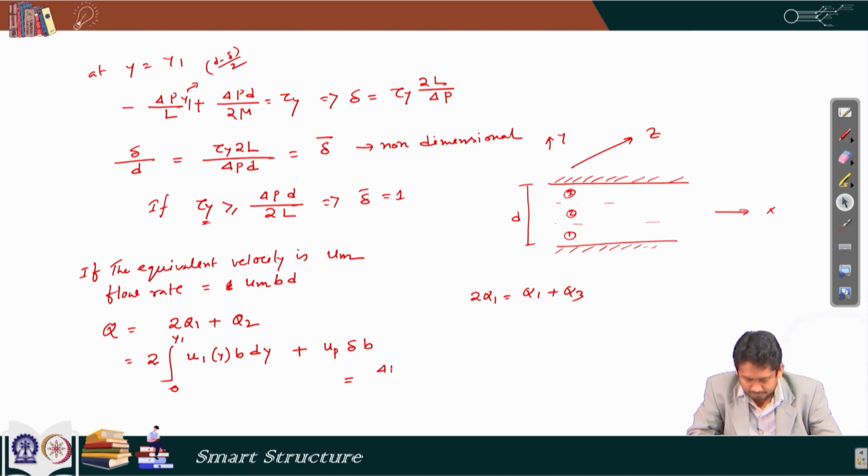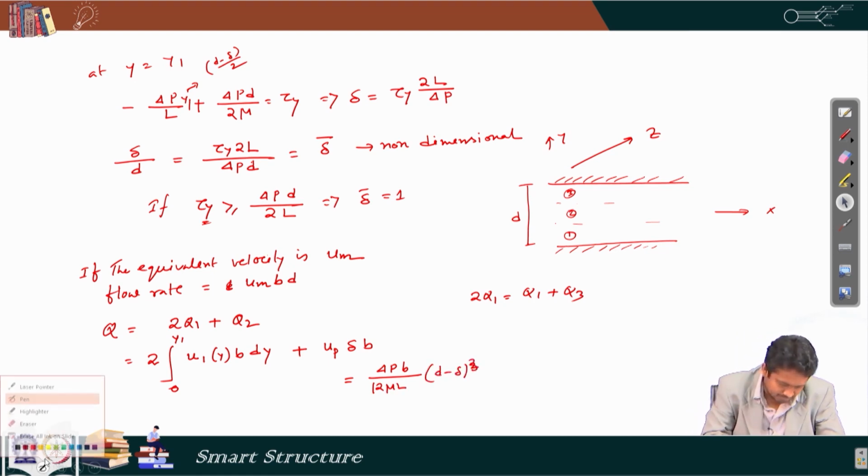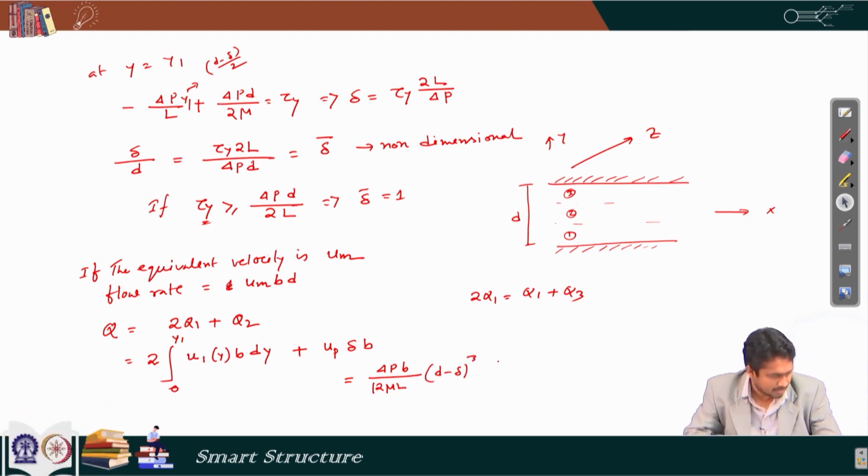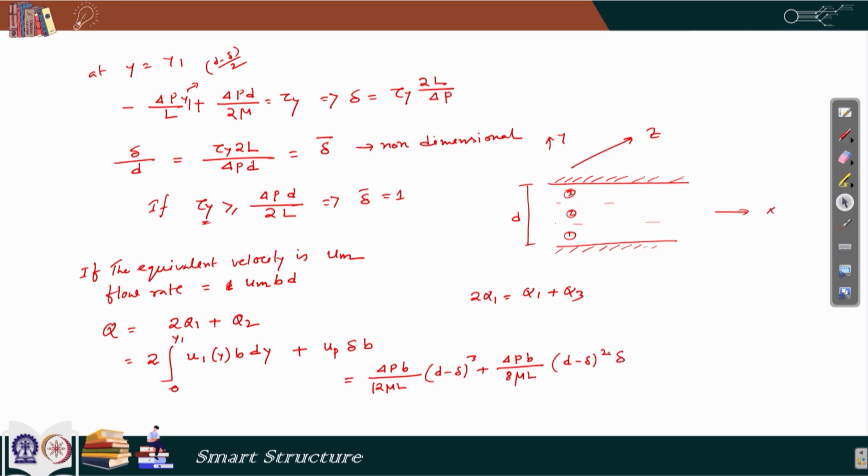delta p b by 12 mu L multiplied by d minus delta cube, plus we have delta p b by 8 mu L multiplied by d minus delta square delta. So, that is the total flow q, and this should be equated with